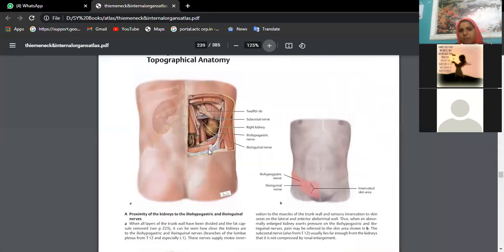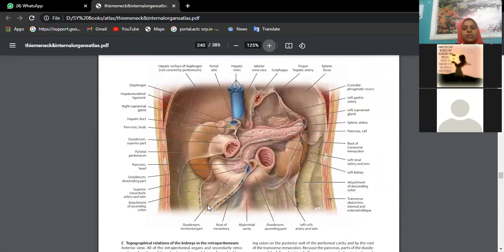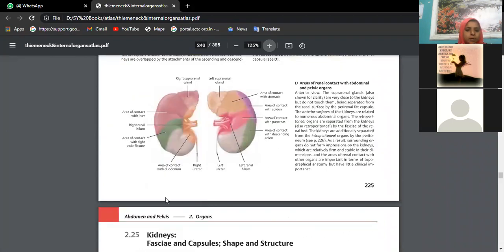This is the dissection of kidney from behind. This will never be done because of shortage of time. These are the things which usually we do when we have proper timings for dissection. You are seeing large visceral organs. Here all anterior relations are shown, like anterior right kidney is related to liver. This is the hilum, right colic flexure, and this area is for duodenum. Like that it is shown.